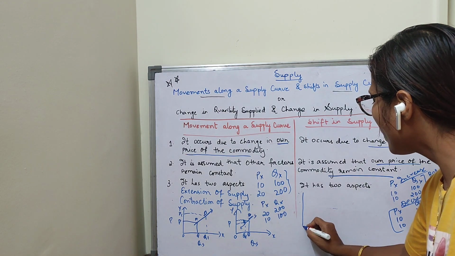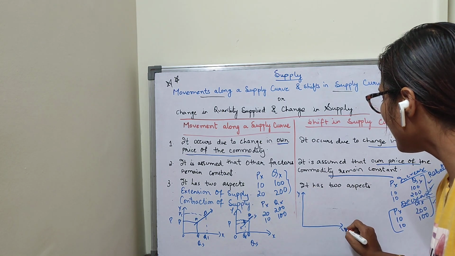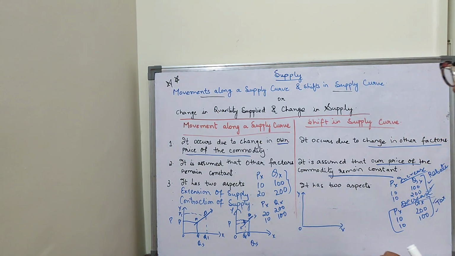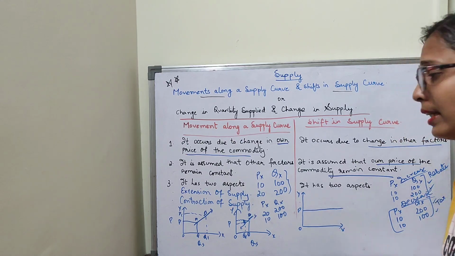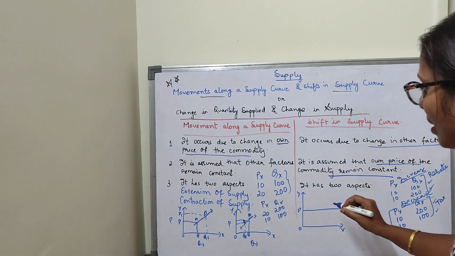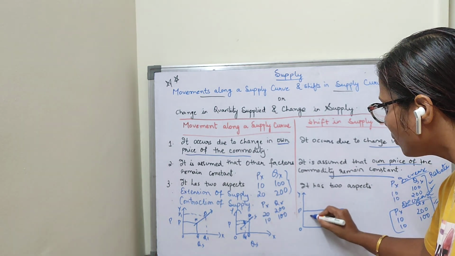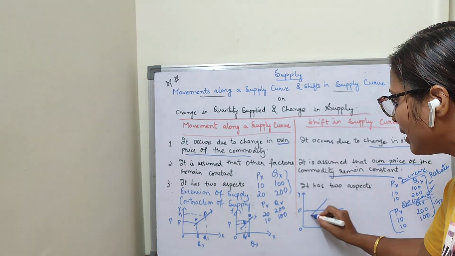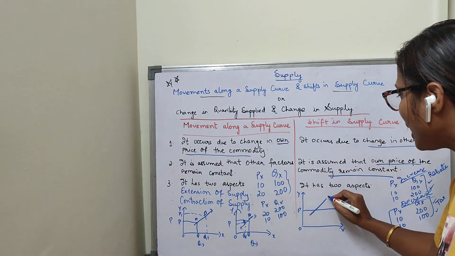Now see, here I am drawing the diagram. This is the y-axis, this is the x-axis, this is the origin. Clear, children? Now I told that it is increase and decrease in supply. Price is constant. So this is the price. Here my price is constant at P. Clear? Now, I always know that the supply curve moves from downward to upward. This is my supply curve. It starts from down to up. Clear? This is the supply curve.